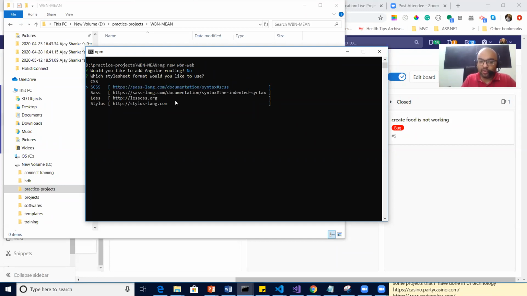This time I'm not going to take CSS because it is very simple. I want to have a preprocessor. Preprocessors are stronger than CSS. You can do so many things in preprocessors, like calculations, and inheritance also. Preprocessor is just like for movies: have you heard about prequels?